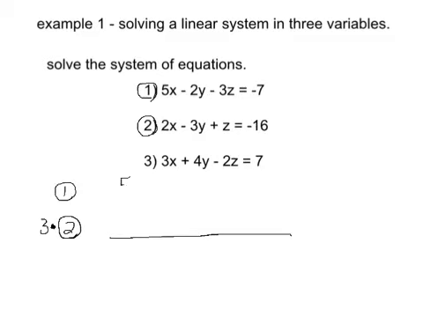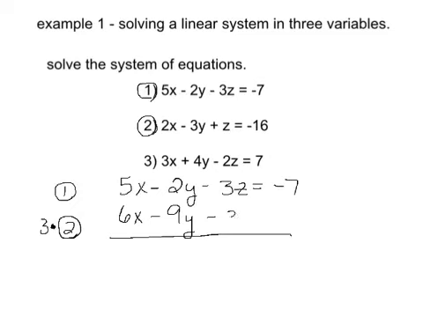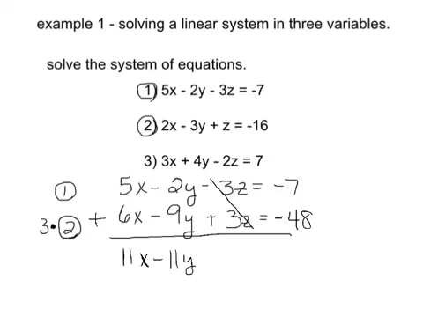All right, so I'm going to write down equation 1. And I'm going to multiply equation 2 by 3. 2 times 3 is 6. 3 times 3 is 9. 1 times 3 is 3, and that's plus. 16 times 3, negative 48. And we're going to add these. We're doing elimination. Okay, our z term cancels, and we're left with 11x minus 11y equals